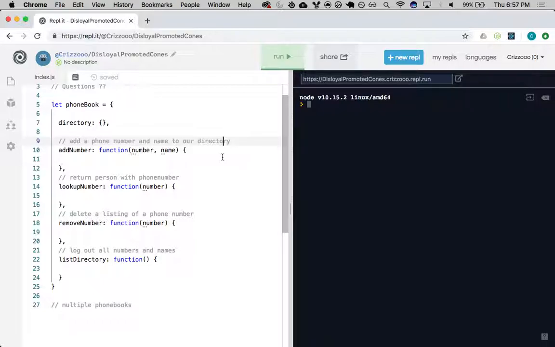So in this case, what is unique, the name or a number? Only one person can have a number. So in this hash, we're going to store unique phone numbers and map them to names. It's just an object that we're specifically using only to store numbers and names. And what do we think the benefit is of